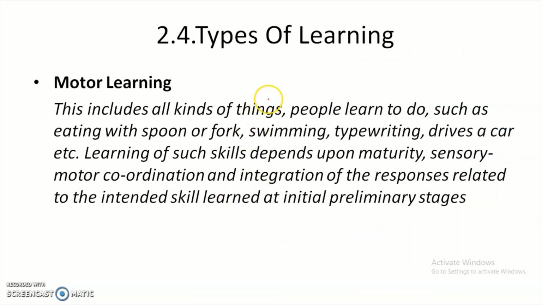And coming to the types of learning, how many types of learning are there? Here there are four different types of learning. Of course a huge number of learning types exist, but as per the psychologists and the experts' point of view, four different types of learning process are highlighted. Out of those four, the first one is motor learning. Here motor is not just like a mechanical motor. What is the meaning of motor learning?